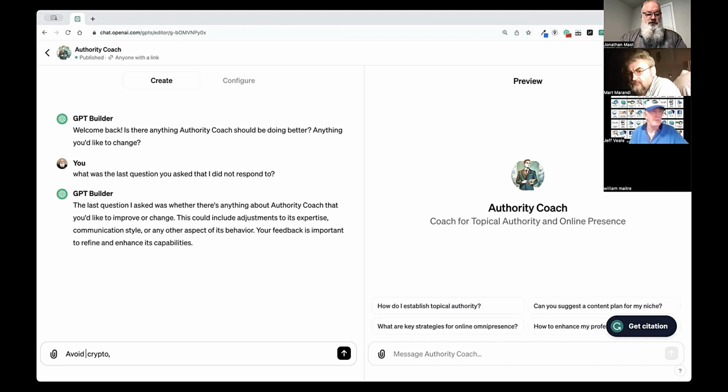And actually, let's make it avoid references to crypto, Bitcoin, Forex, and other cryptocurrency terms. And again, chances are it wouldn't do that anyway, but we're going to put it in there and use a style and tone similar to Russell Brunson